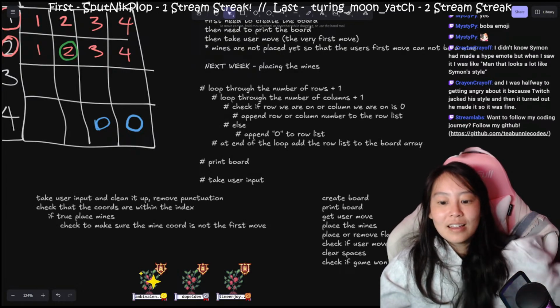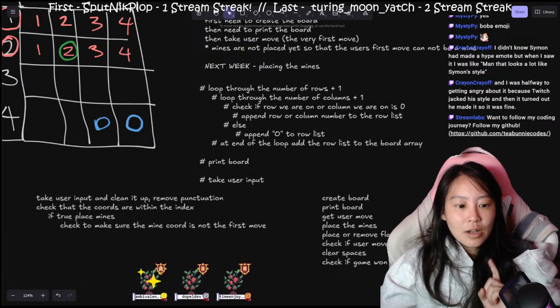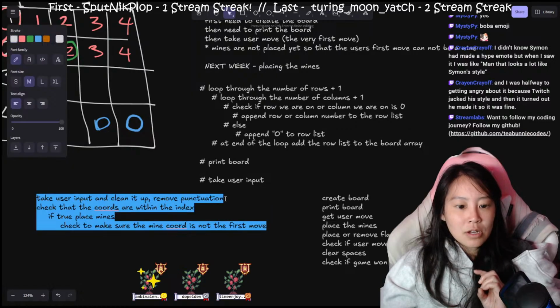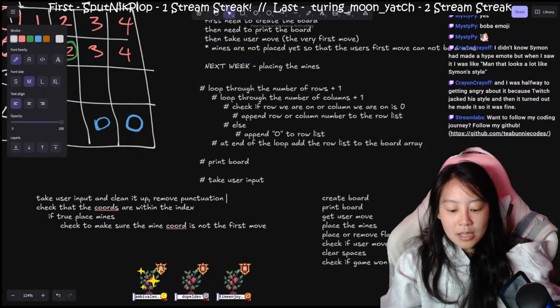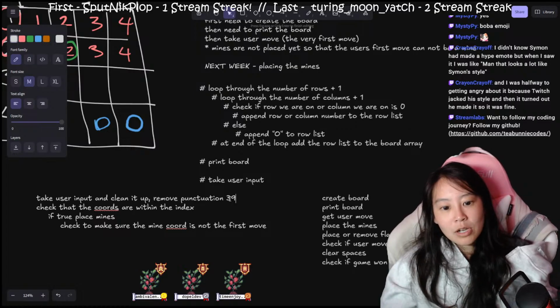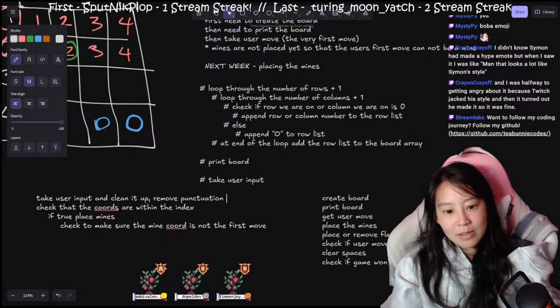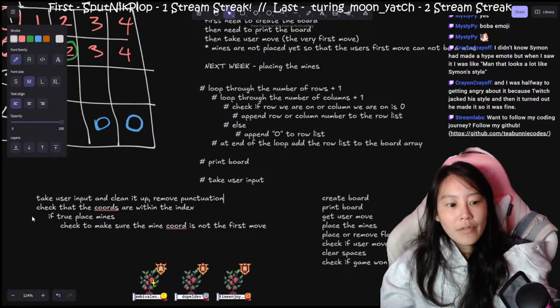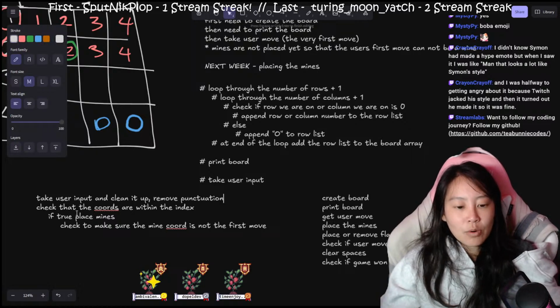Okay. So, that is what we want to do. We need to take the user input and clean it up because the user might input like this, like that, or else they might input just like this, or else they might input 3 9. So that one would not be valid. It would need to have a space in between it. And then we need to check if the coordinates are within the index. So that would be,